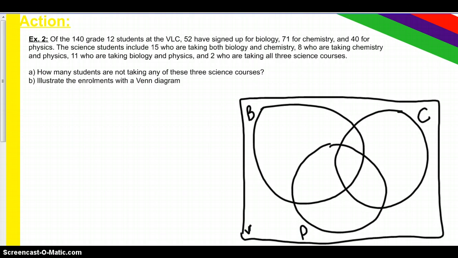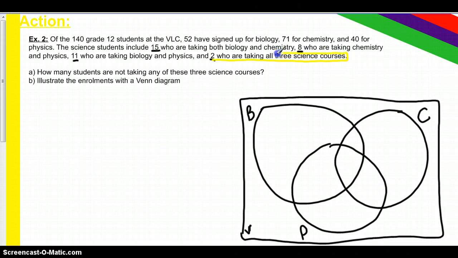So we know that 52, 71, and 40 are in each of the classes. However, we've also got some other numbers we need to take into account. And what we want to see is, are these other numbers going to go right on our diagram to represent the intersections, or are these numbers that are including parts of B and C? So the best way to model this situation is to work from the inside out. So of the numbers that are underlined, we can start with the number of students that are taking all 3 science courses, because this number